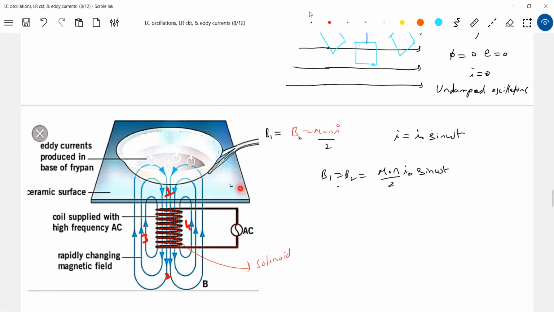I think this was somewhere in the UK, one of the students in the 1970s. Accidentally, he got this idea, and then he proposed, why can't we go for an induction stove like this, instead of LPG, or an ordinary kerosene stove, or wood? With electricity also we can use these eddy currents. Then he proposed that.